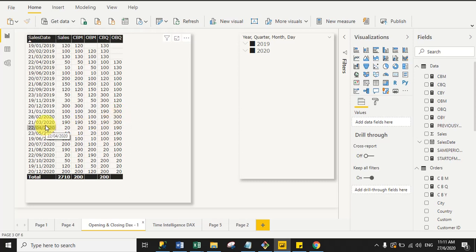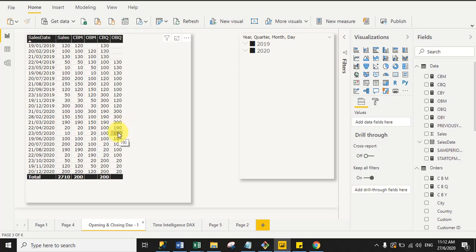Now move to the 2020 second quarter, that is April, May and June. For the second quarter, the first date of the quarter will be March 2020, and in March 2020 the last day sale is on 21 March and the sales value is 190, so that's why it is returning 190 against the second quarter sales value.